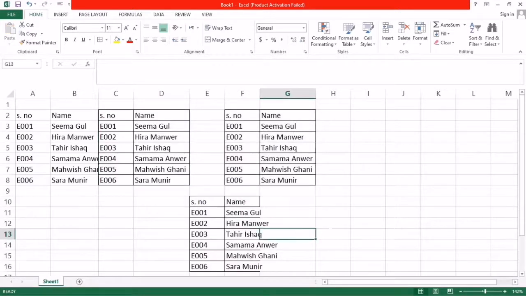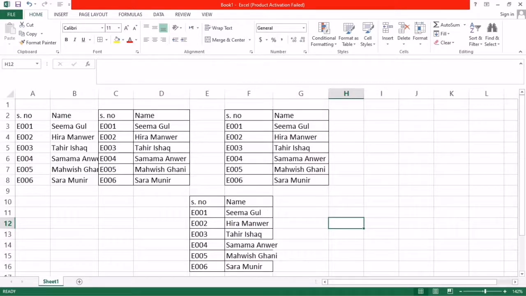In this way, you can see the border also appears. And if you want to increase or decrease the size, select here and the size will be increased. So these are the different methods to copy and paste. One is from the keyboard, Control plus C for copy and Control plus V for paste. Second is from the Home tab, where you can see copy. When you click on this copy option, it appears, and you select by using copy.